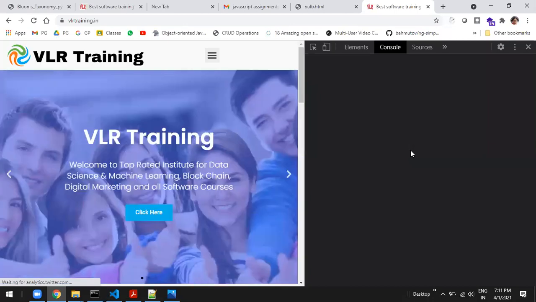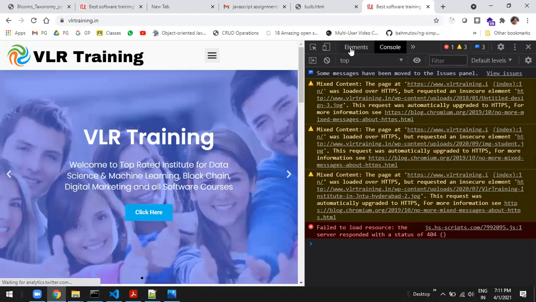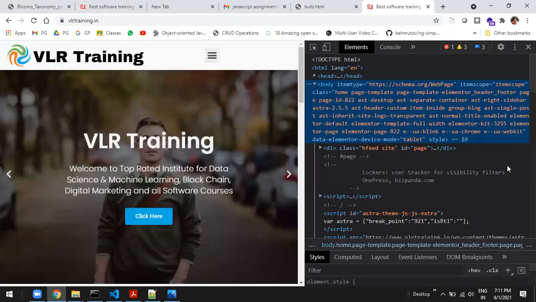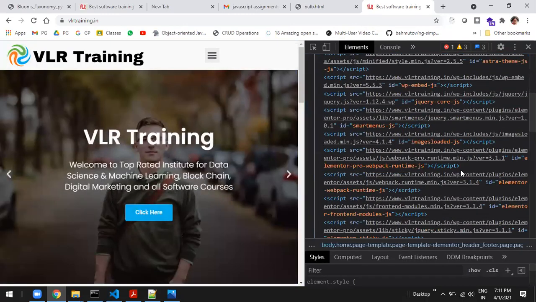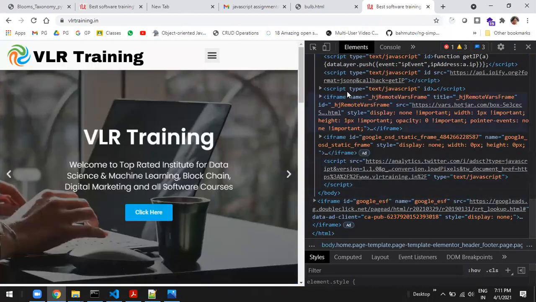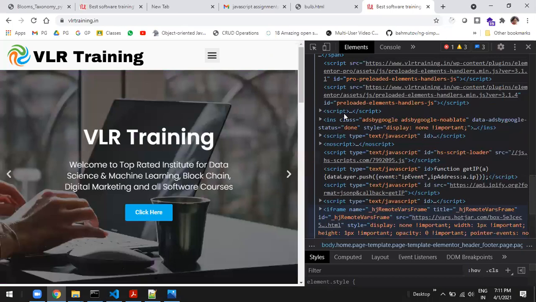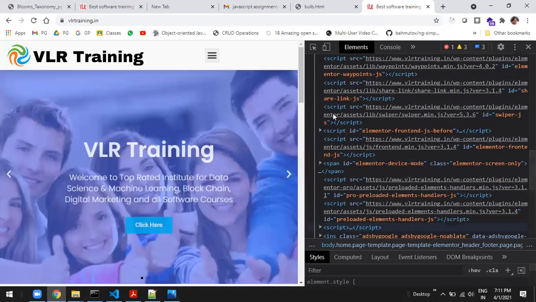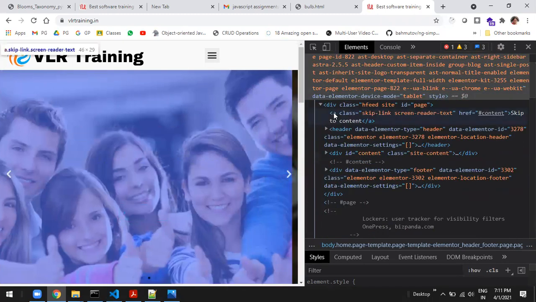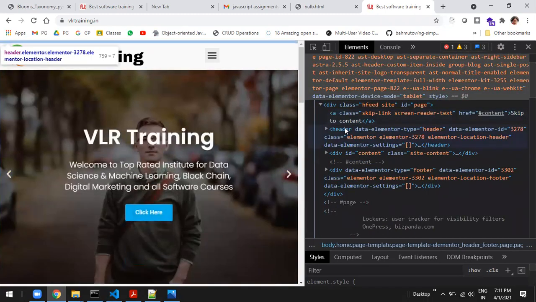For example, let us see this. Out of this particular page in this code, you should be at least able to find out this is an element, this is a script, this is some content. From such a level, this is a division, this is an anchor tag, this is a header.